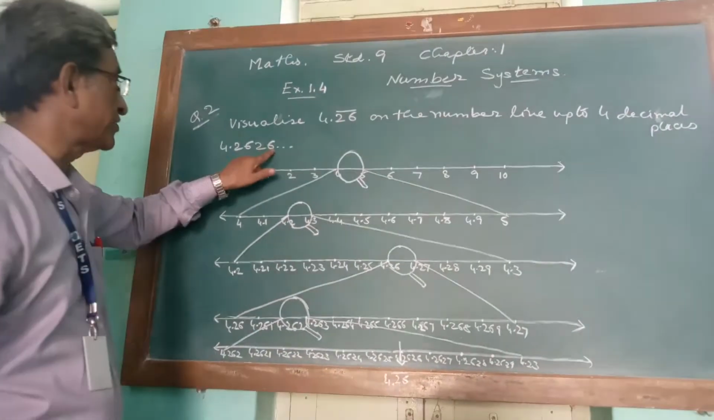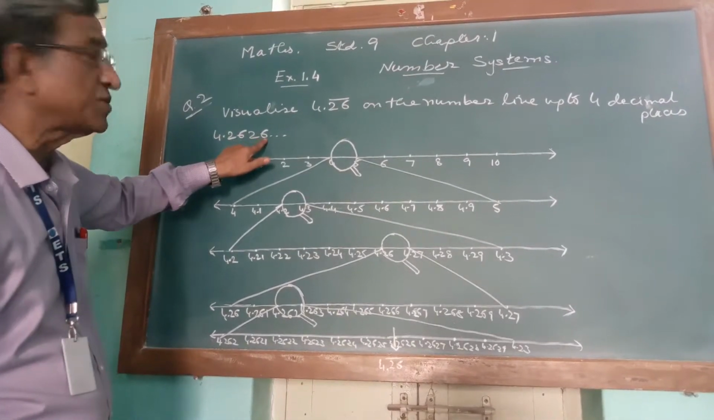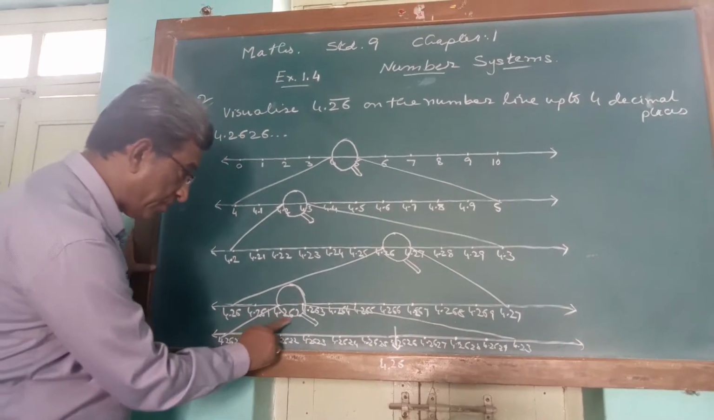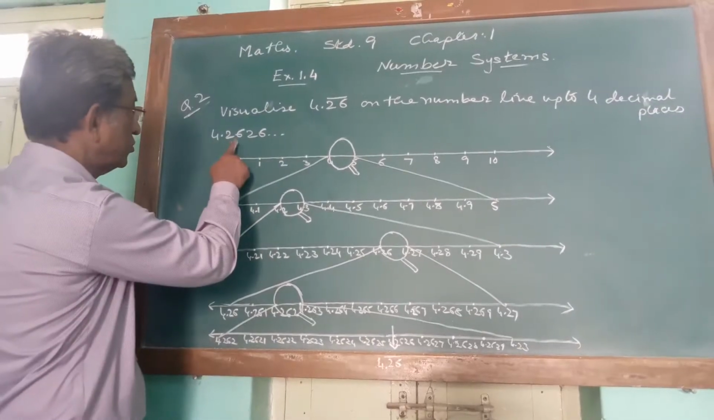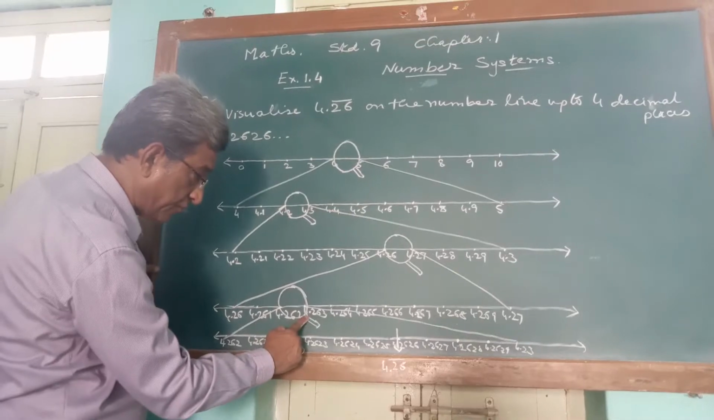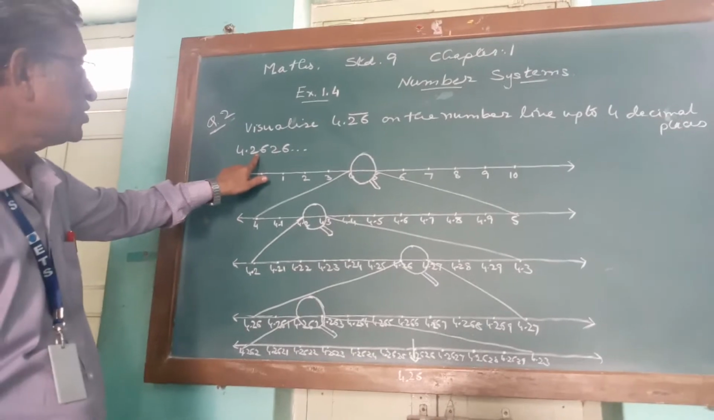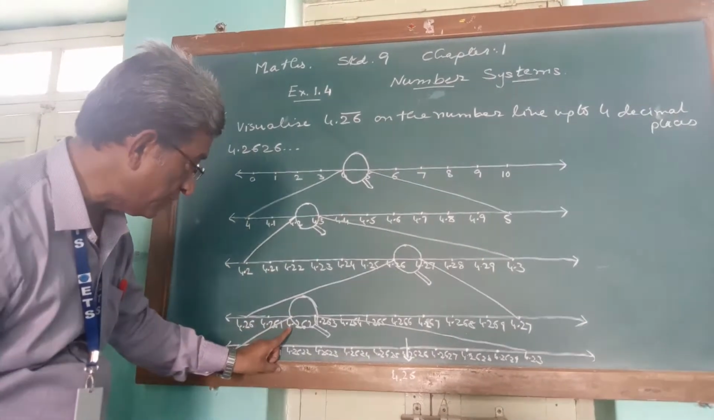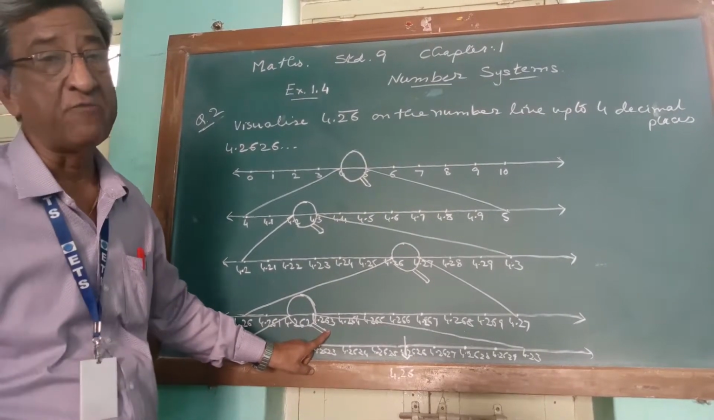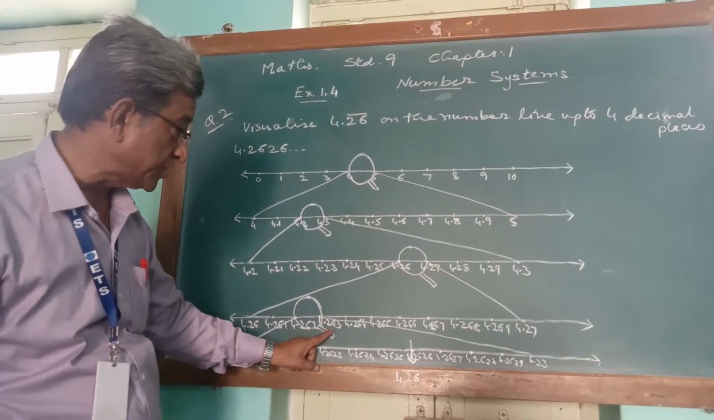Now the last digit is 6. So where will 4.2626 lie? It will lie between 4.262 and 4.263. Now magnify it. So numbers between 4.262 and 4.263 will be